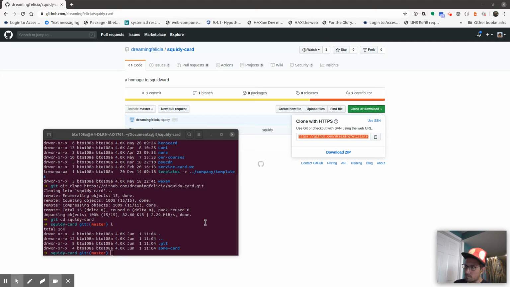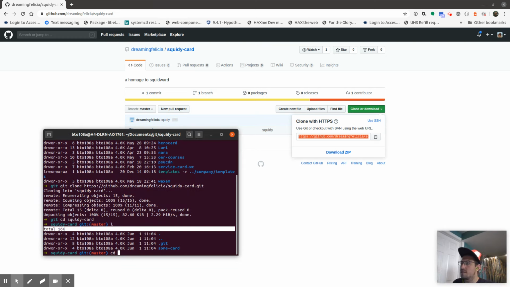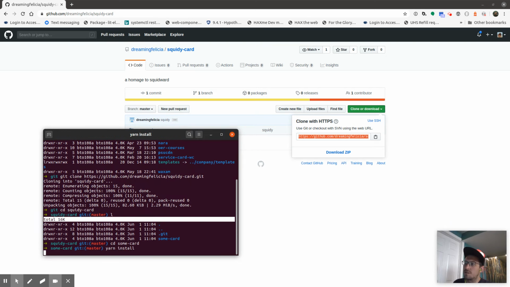Some of this stuff is going to be super nitpicky, but as you'll find, JavaScript development communities are pretty fickle. It's like, I didn't know how to install this, so I didn't even bother. Or there's a lot of files on the file system. I've gotten that one before. Anyway, we're going to do cp some card, yarn install,